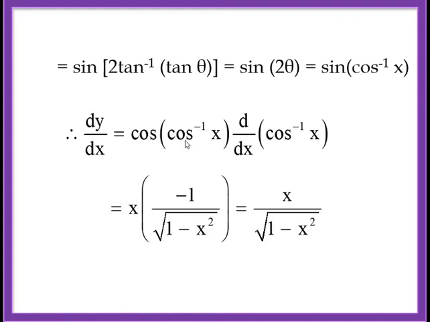Want to verify this? Okay. Suppose x is half. What is cos inverse half? The angle belonging to that closed interval 0 to pi, whose cosine ratio is half, that angle is 60 degrees. So we have now cos 60 degrees. But what is cos 60 degrees? Half. And that is why I am saying cos of cos inverse x is nothing but x. So what is the final answer? The final answer, it should be minus x, not plus x, minus x upon root of 1 minus x square.